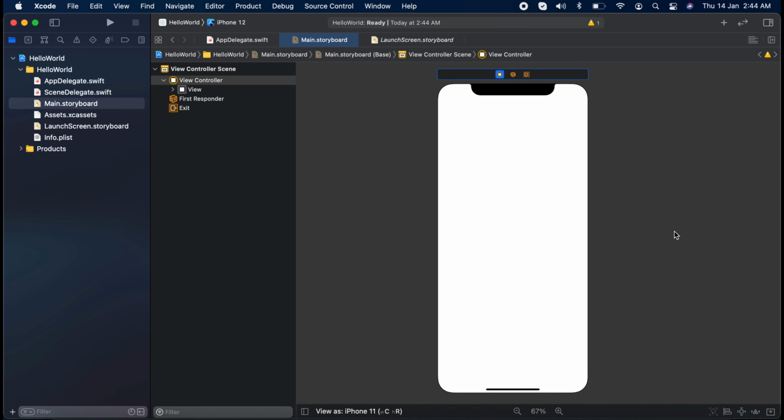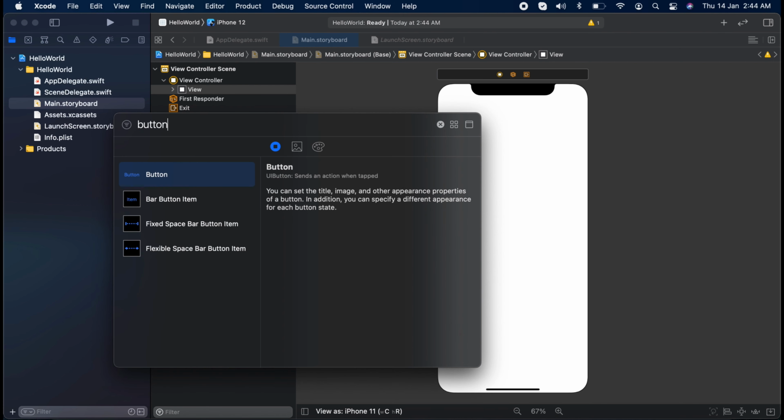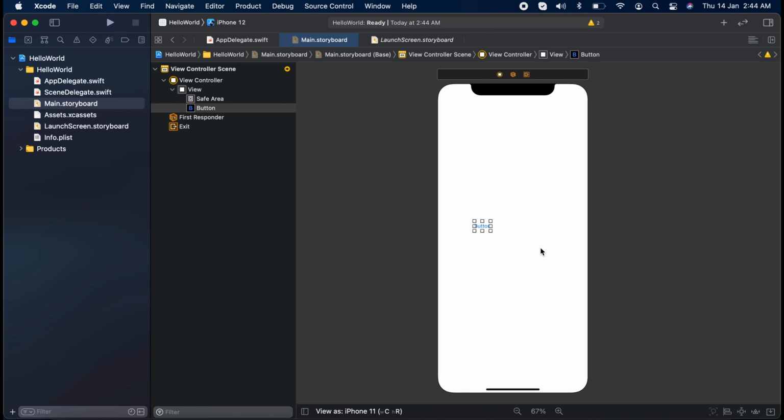Okay, what I am going to do is put a UIButton, like a button, in this scene, and I'm going to display an alert when you tap on that button. That's our aim. So click this button again, search for button, drag it and then drop it here. Now I want to make sure this button is horizontally and vertically centered. Okay, for now you find this icon here, right?